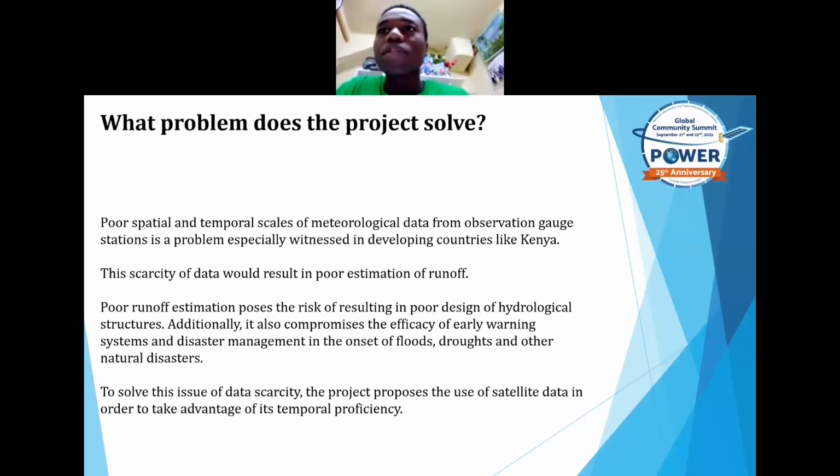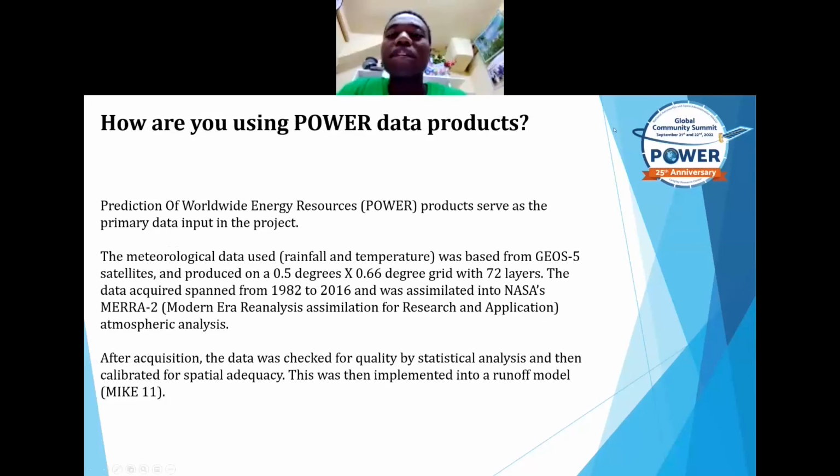satellite data is good on a temporal scale. It's not so good when it comes to spatial scale. At ground level, the data may be different enough to pose challenges when used in further analysis. On the other hand, in countries like where I come from, I find that these weather stations have a lot of data, so they have good spatial coverage on the ground, but they are not good when it comes to